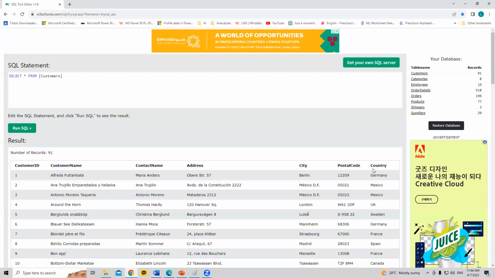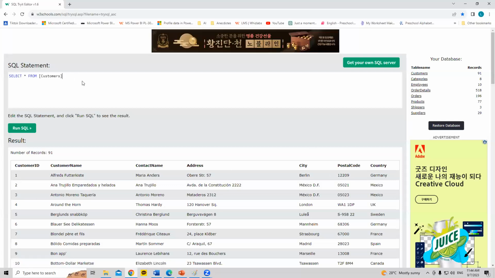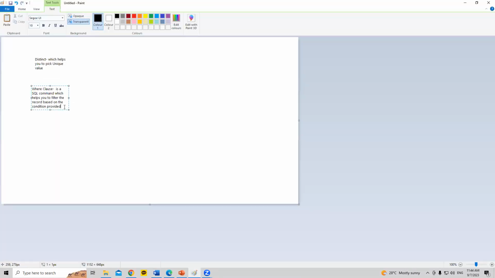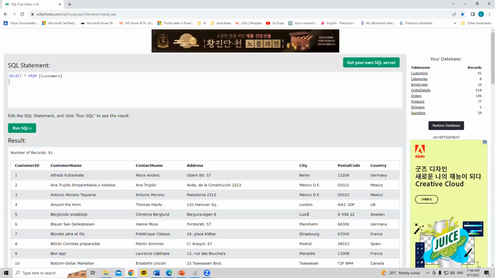Now I want only people who belong to Germany. We are going to see the WHERE clause with SQL, where with select. WHERE can be applied in many places like update and delete, but now I will show you how the WHERE clause works with select. First you need to hit the table: select star from the customer table, where you have to